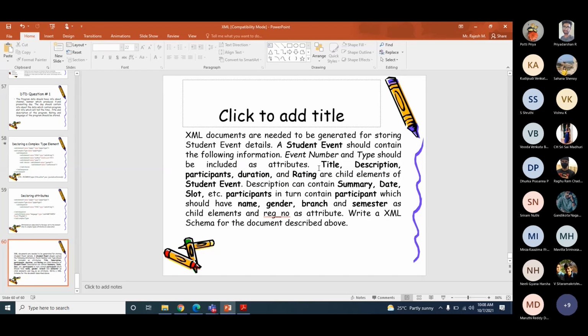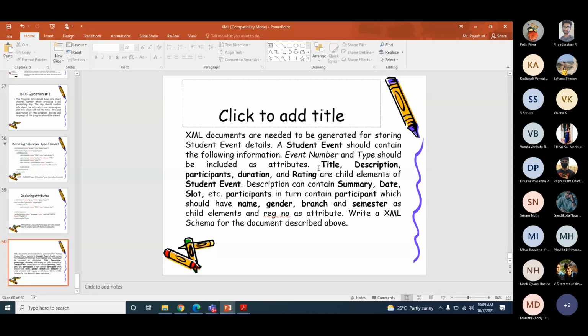So for description you have to write another one, and then student event should be another complex type which contains title, description, participants, duration, and rating. Two attributes are also mentioned: event number and type.